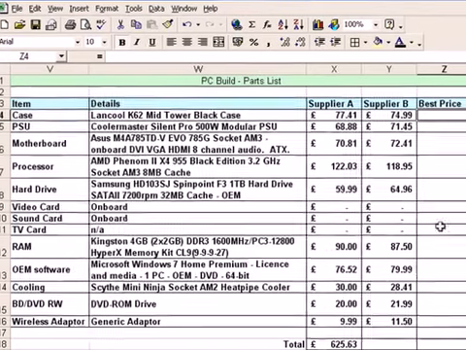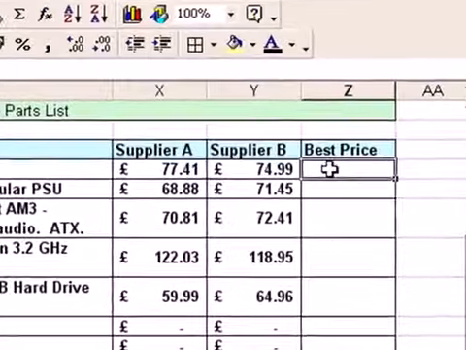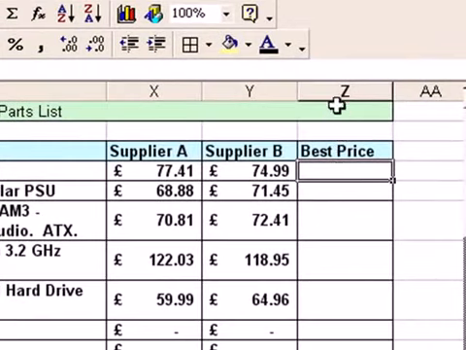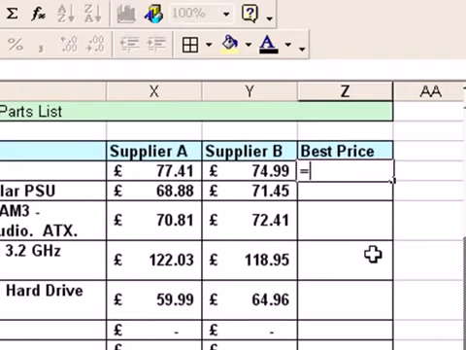So the first thing I need to do is click in the cell where I want the result to appear, and on this particular spreadsheet that cell is Z4. And then, as with any calculation in Excel, press the equals key. That tells Excel that whatever follows will be part of a calculation, or in this case a function. Type the name of the function, which in this case is pretty straightforward, just the word if, and then we do open bracket, that's shift and the number 9 on the keyboard,